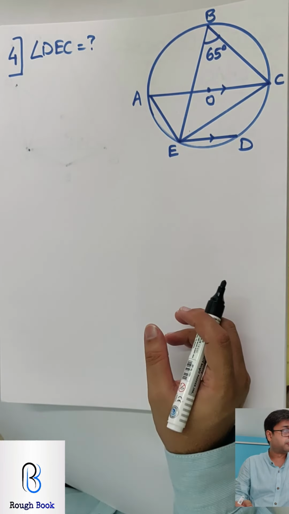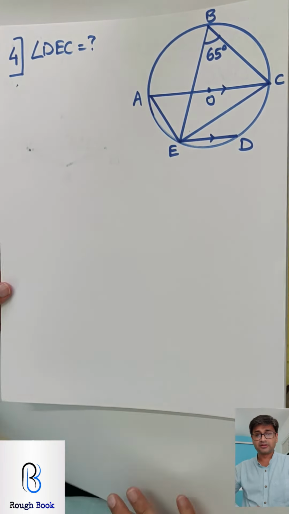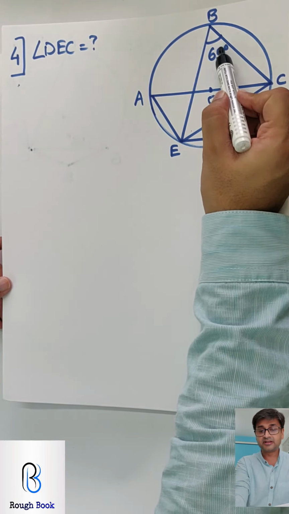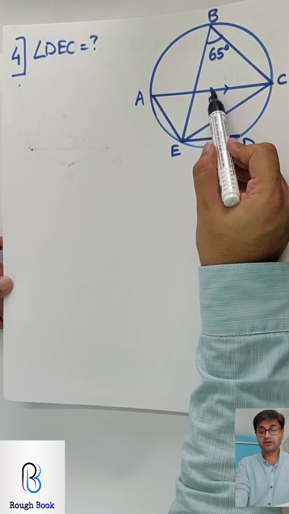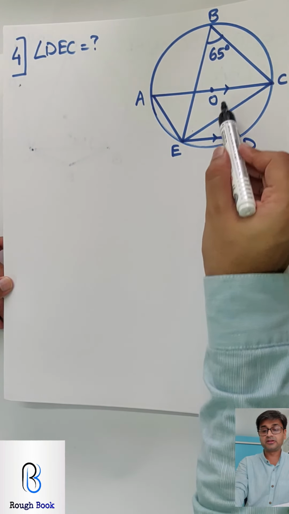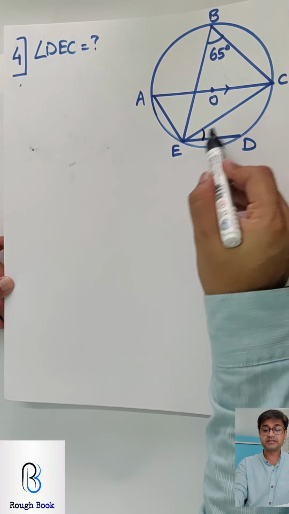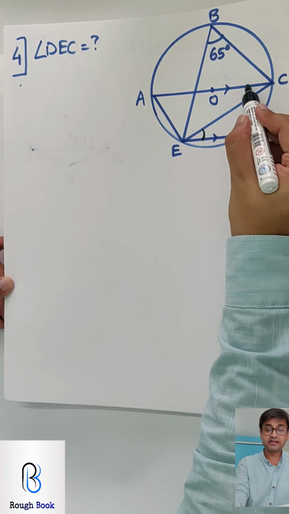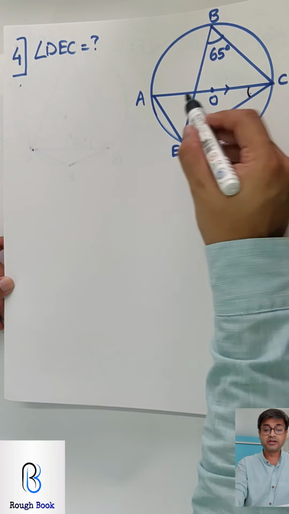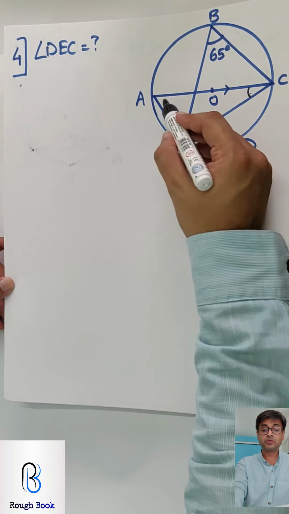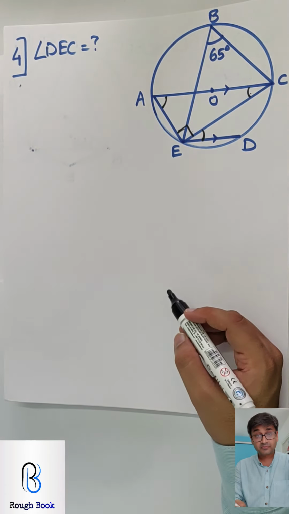Sum number 4. Let's see if you can tackle this one. This is not difficult and we've done this type in the previous exercises. This is 65 and this is the center of the circle, so diameter, and these two lines are parallel. Your target is to find DEC. So obviously alternate angles. If you get this, you get this. To get this, you need to get these two angles, diameter, so 90. So the only thing I want you to find is this, and that's it.